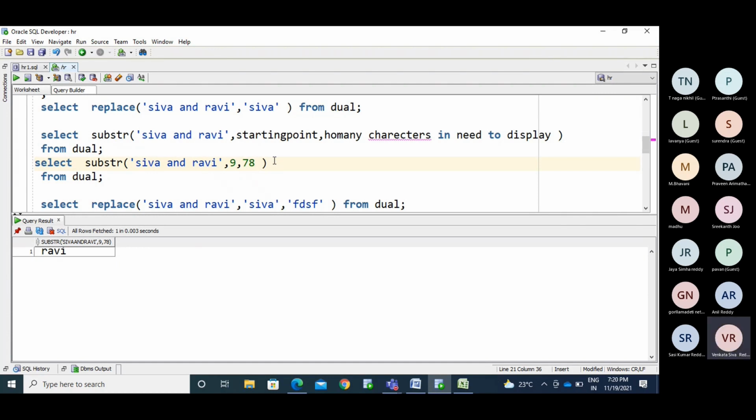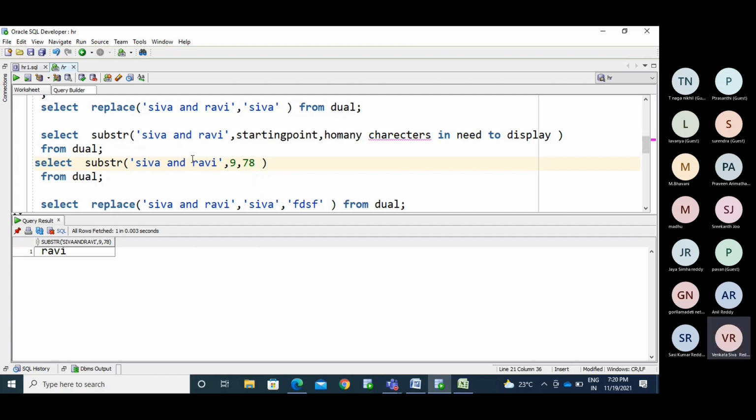The first name goes in the first name column, the last name in the last name column, the middle name in the middle name column. So treat it like Siva and Ravi: Siva is the first name, "and" is the middle name, and Ravi is the last name. I need to make it like that.